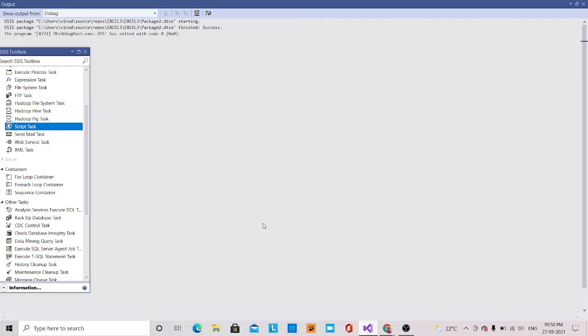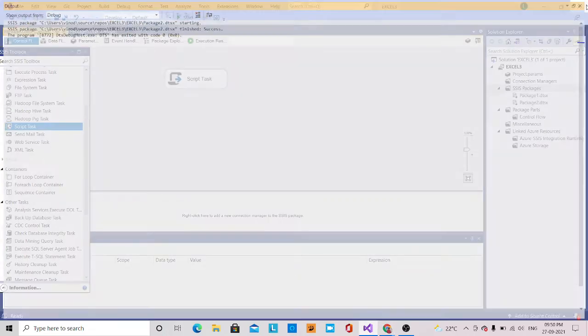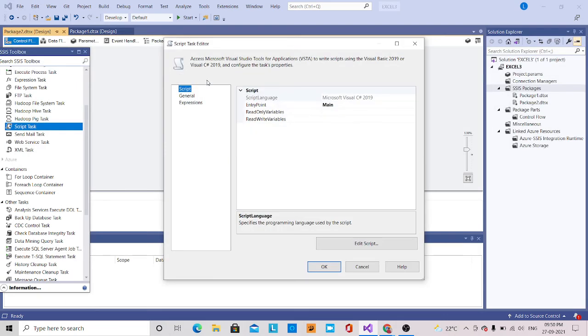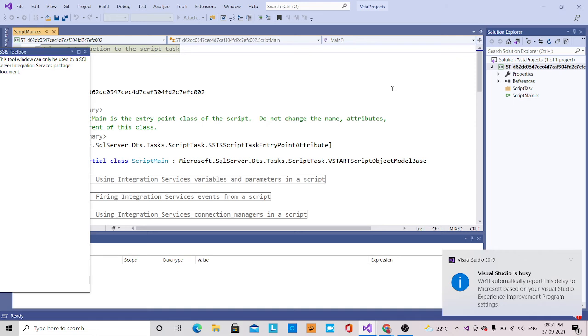You can see, if I open this script task again, edit script, see here what I have given.